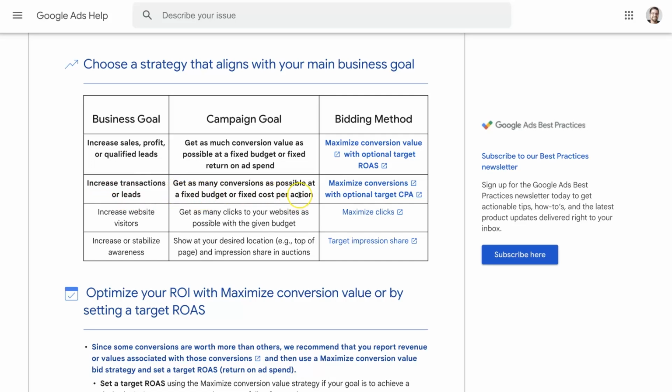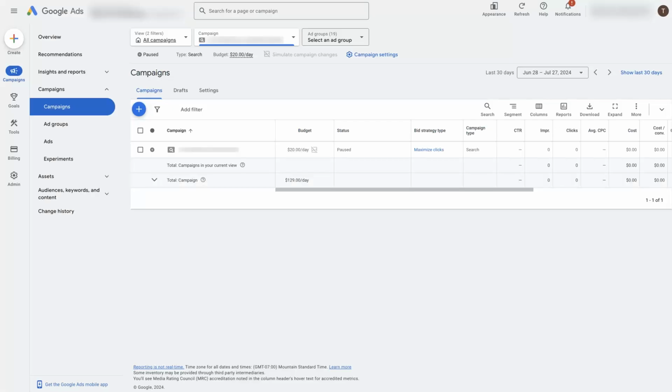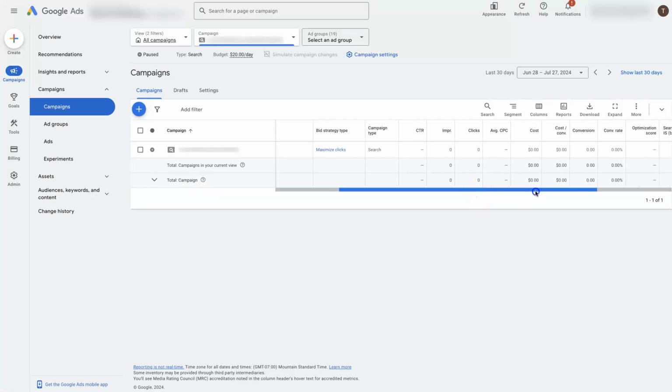And after a period of time, when you've used the maximize conversions bid strategy for a while, you've gotten some conversions that have come through, you've gotten a decent cost per action or cost per lead, then at that point you can look at going up to the next level, so long as you have values set for your leads. And so, when you look at a campaign,